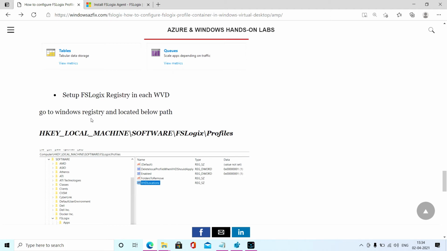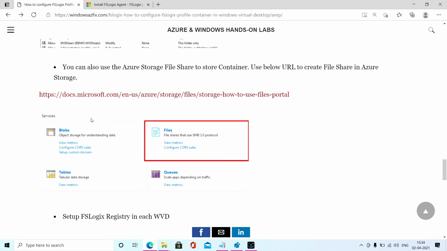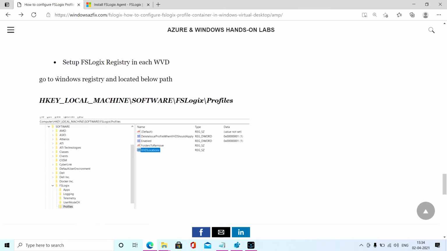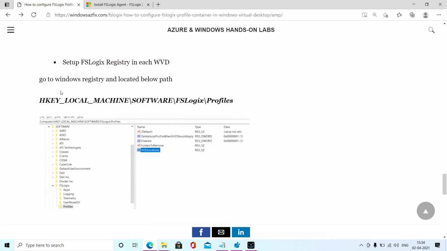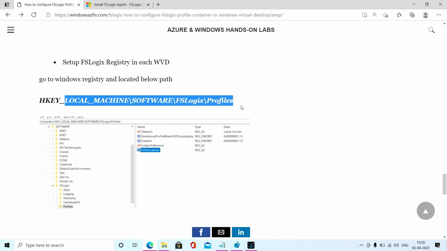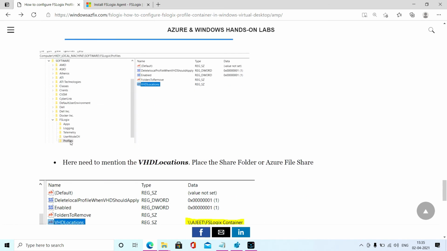Once the file share is created, you need to go to those WVDs. If you have 5 WVDs in a pool, you have to go to each WVD and install the FSLogix software there. After that, you need to go to the registry on each WVD and locate this registry path, HKEY_LOCAL_MACHINE\SOFTWARE\FSLogix\Profiles, as you can see here in the screenshot, and these are the values that will be created.